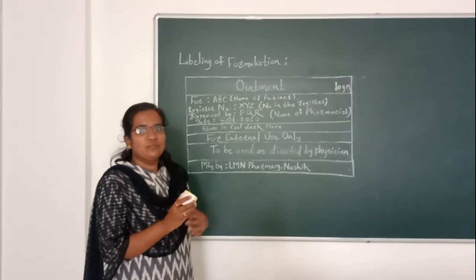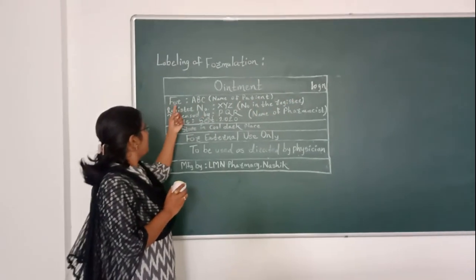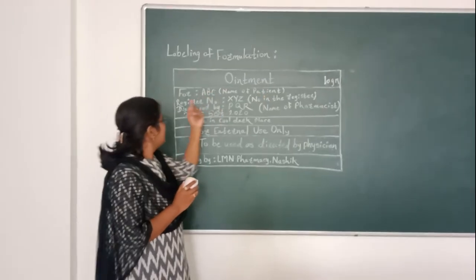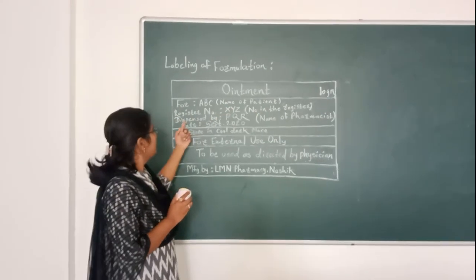So now we will move towards the labeling part. Ointment 10 gram. For ABC, meaning the name of the patient, register number, that is XYZ, which is the number given in the register, dispensed by